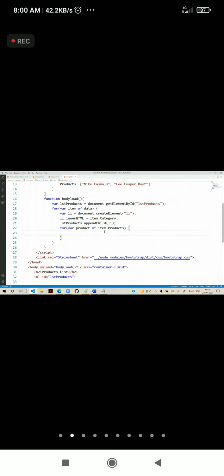So we are creating this for every product inside the collection. We have item.products, and we are performing iteration on it. We need to create var ul, unordered list, equals document.createElement ul.